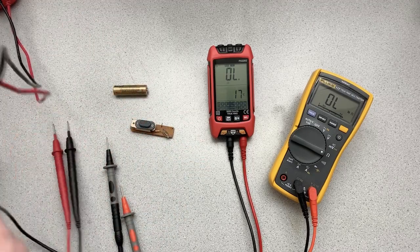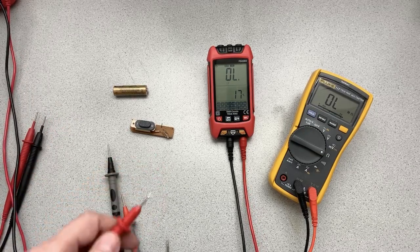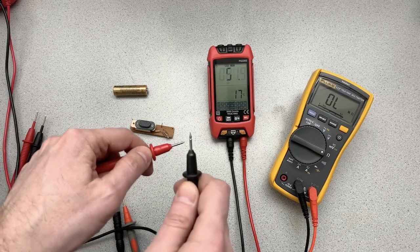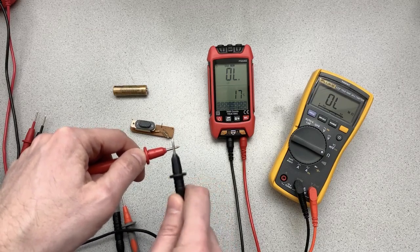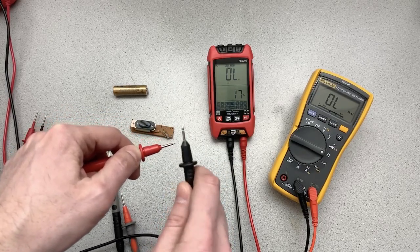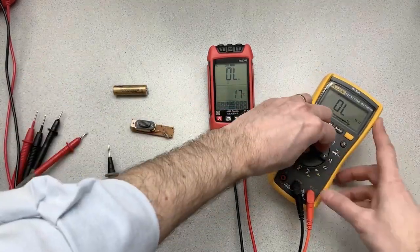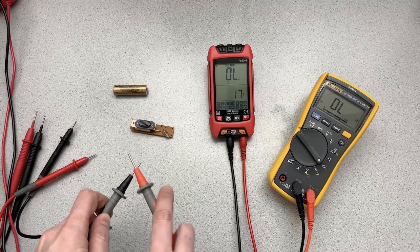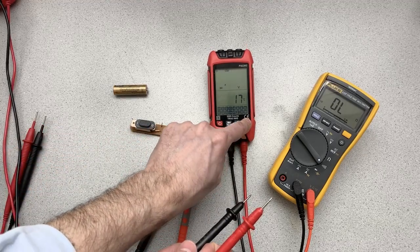So this is one of the things where the Fluke is just totally awesome. So if we're in continuity, you can see that. Pretty good, right? Generally gets all the taps there. The Fluke has a similar awesome behavior. Fluke never misses. What's interesting is if we set this to full auto,